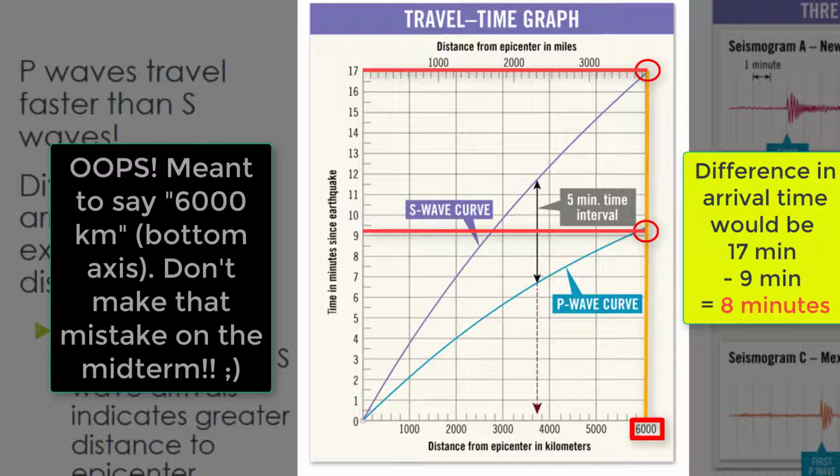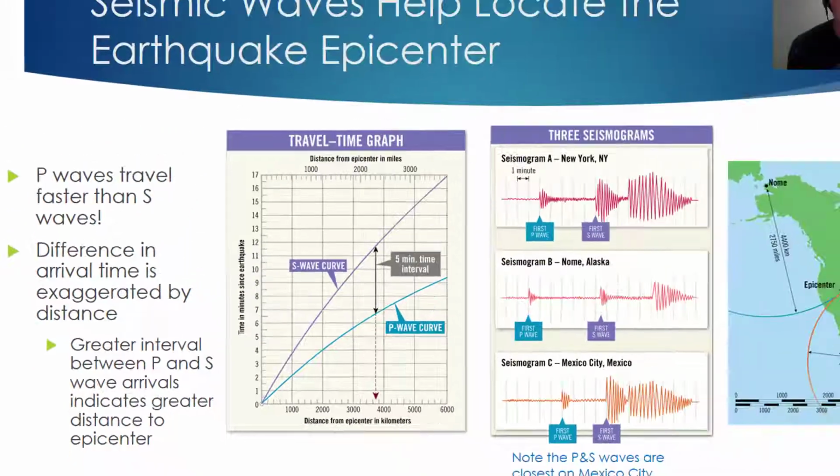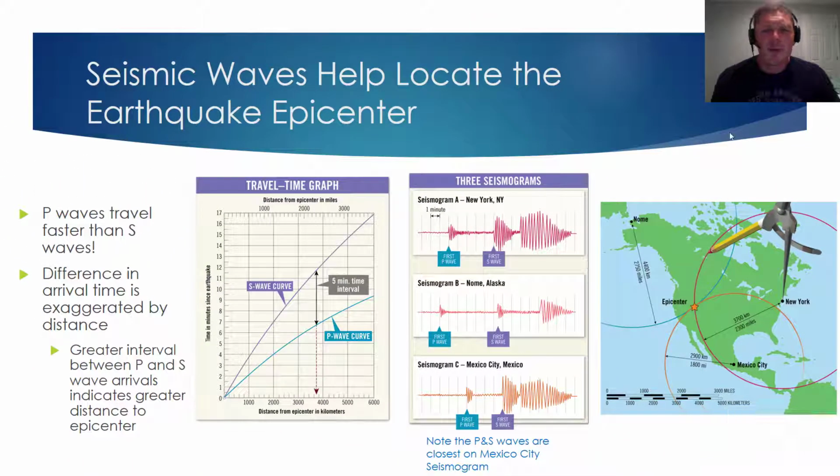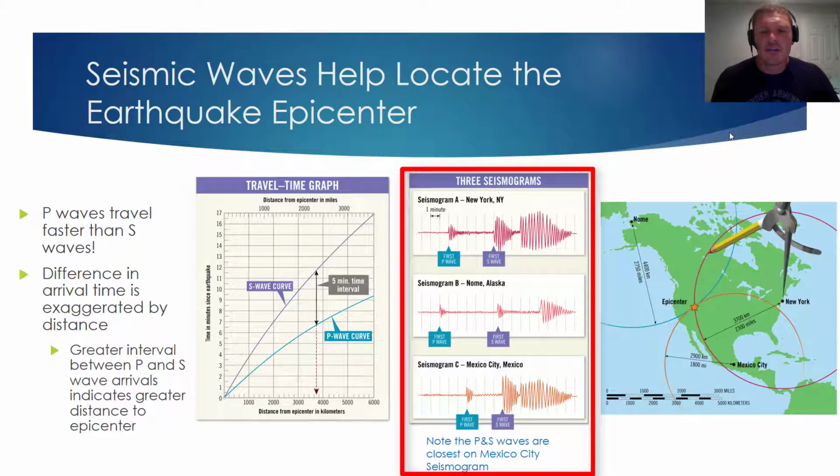That's an extremely important concept, because if we know the difference in arrival time between the P waves and the S waves, we can approximate the distance from the epicenter for the earthquake. Let's consider an example. Let's suppose an earthquake hits, and we have seismogram recordings from 3 different stations, one of